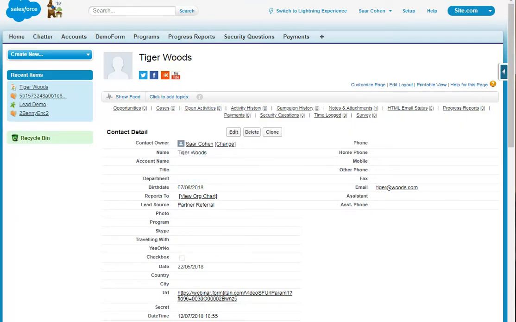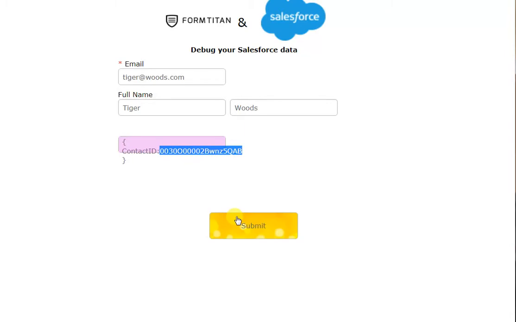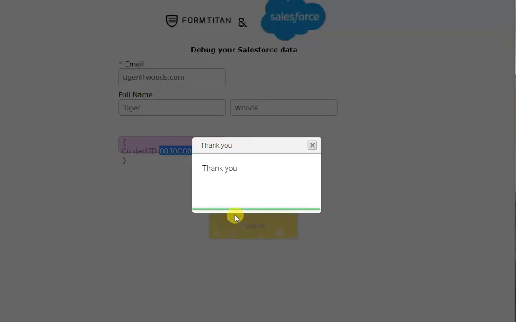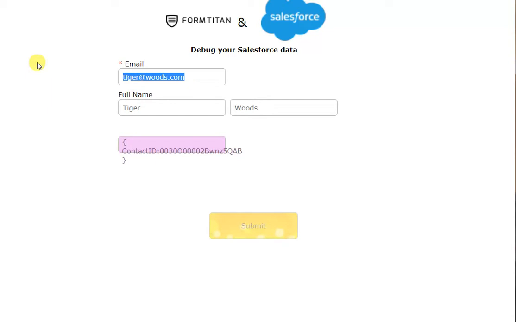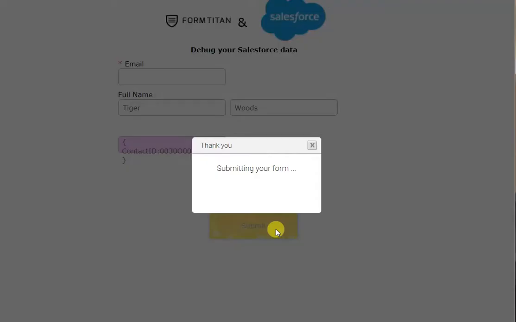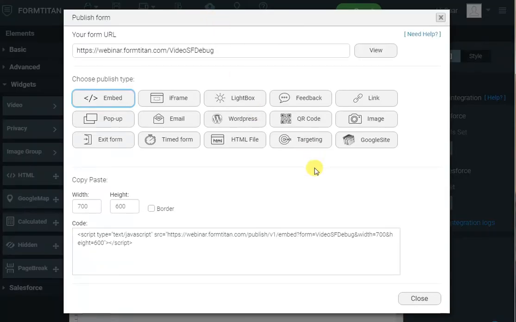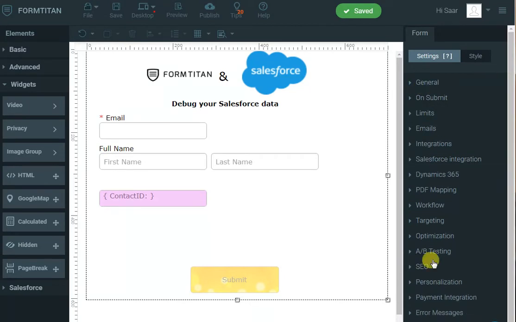Now I know exactly which contact we're talking about, and if I press submit, Form Titan will not warn me that email is not populated. Actually, I should empty the email first before I click submit. So there you go, I click submit and you can see it doesn't say anything about being mandatory because I've got that checked. If I come back to the debug mode option and say